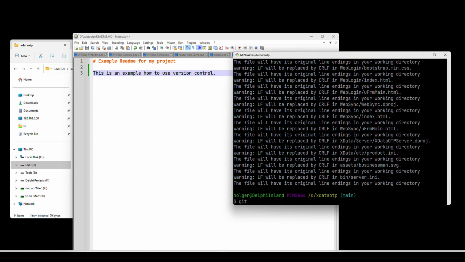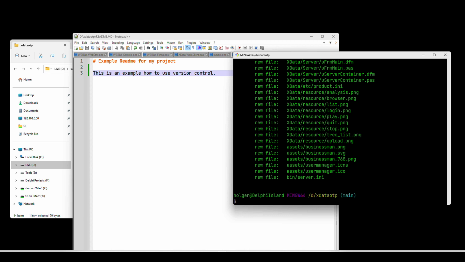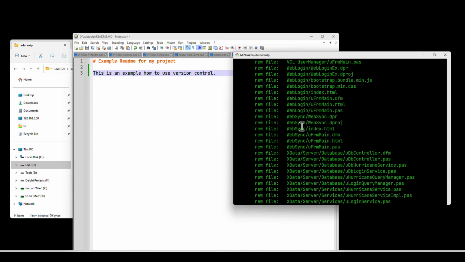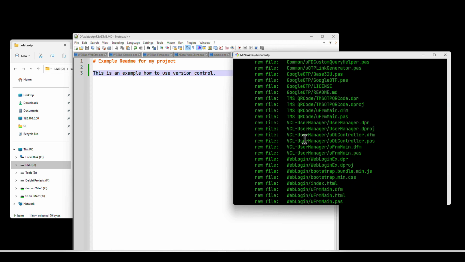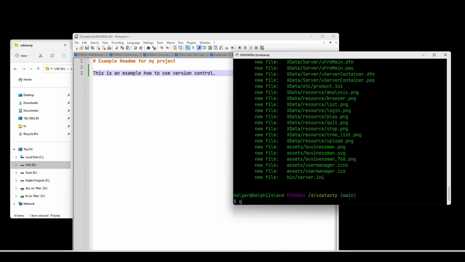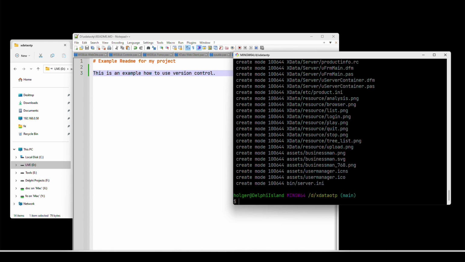And then they say git, we added everything, so git status will now, as you can see, have everything in there that was in all the directories. Everything is now a new file. And then I can say git commit message added project. Wow, that's it. Now everything is under version control.